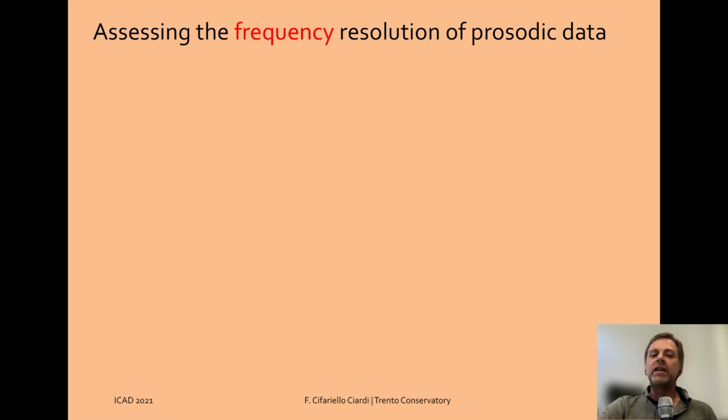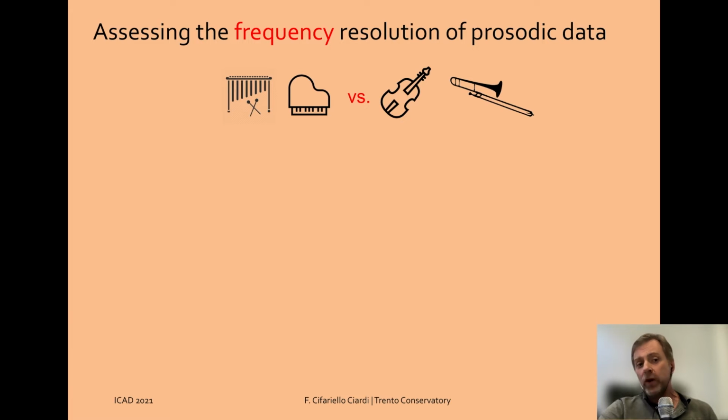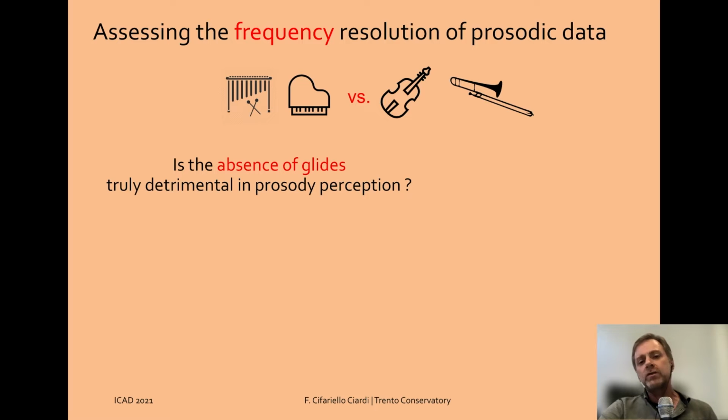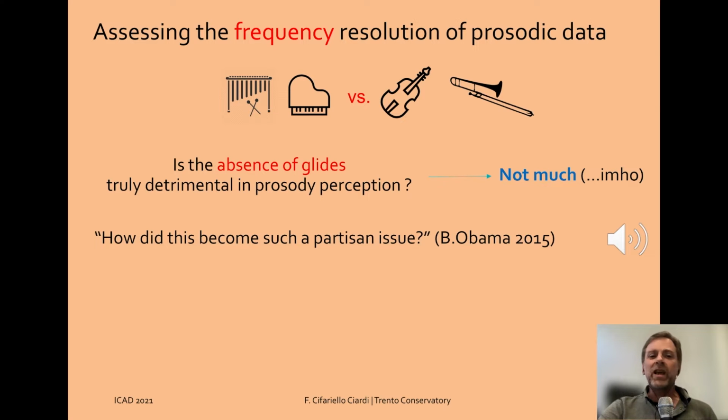Pitch resolution needs to be reduced when scoring for instruments that do not allow continuous frequency changes like marimba or piano. However, in my experience, the lack of continuity between consecutive notes of prosodic information is not as detrimental as it might seem at first glance. The following example presents the inverse FFT reconstruction of the first 12 partials of this audio.